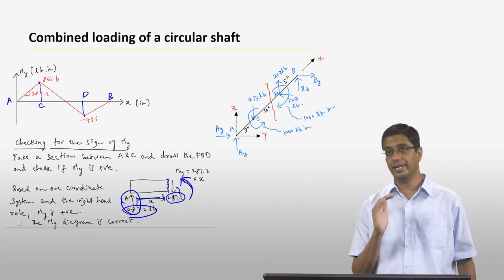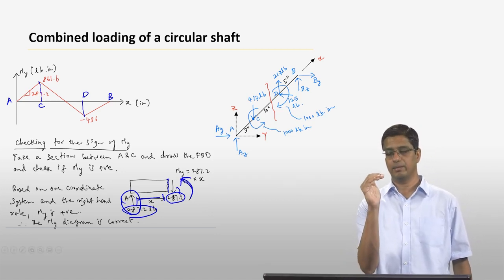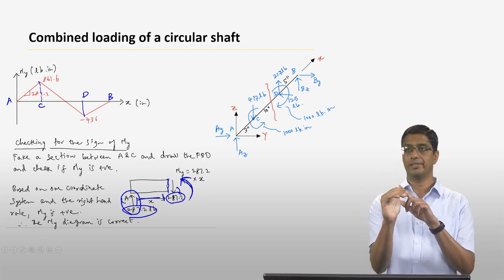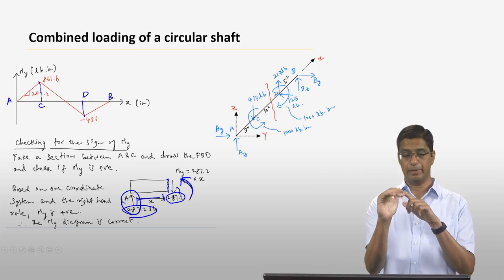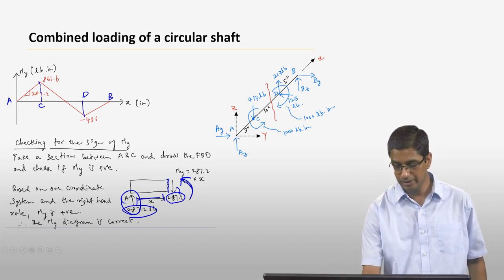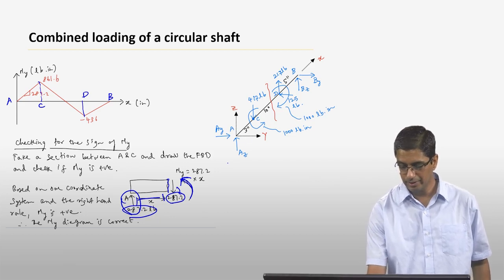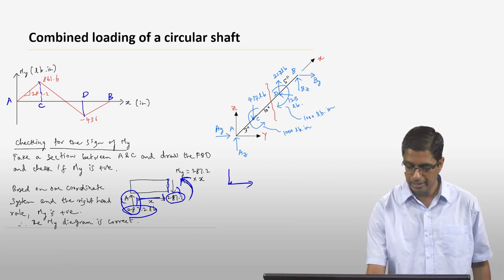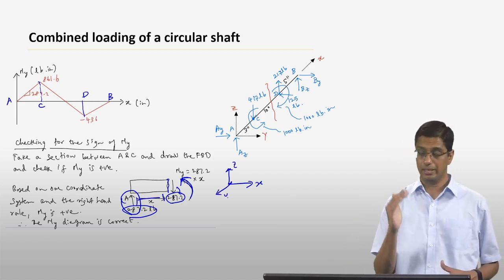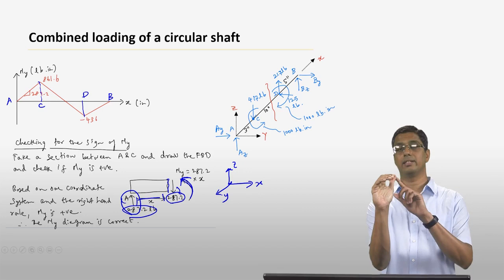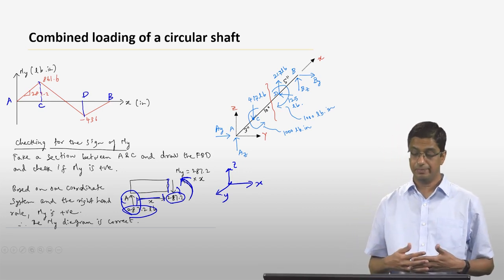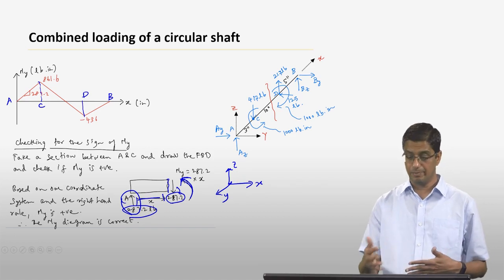And if you use your right hand rule now, if I curl my fingers along the direction of the moment, what you see is that my thumb is pointing towards me, which is in the positive y direction. Okay, so in this case, this is your x, that is your z, and that is your y. So if you use your right hand rule and put your fingers this way, then the right thumb is going to point in the positive y direction,